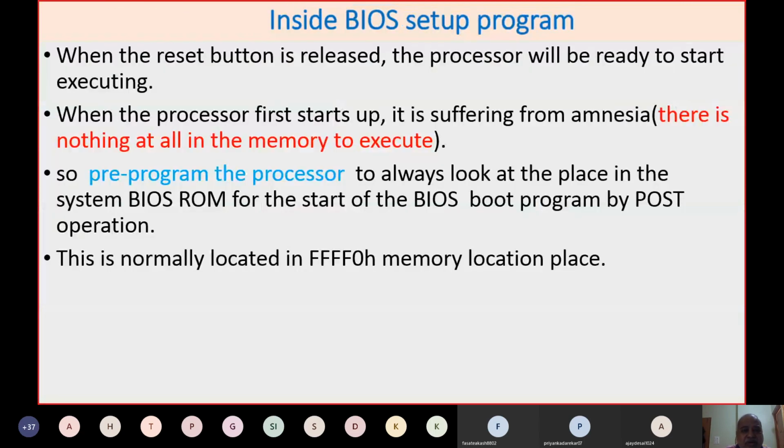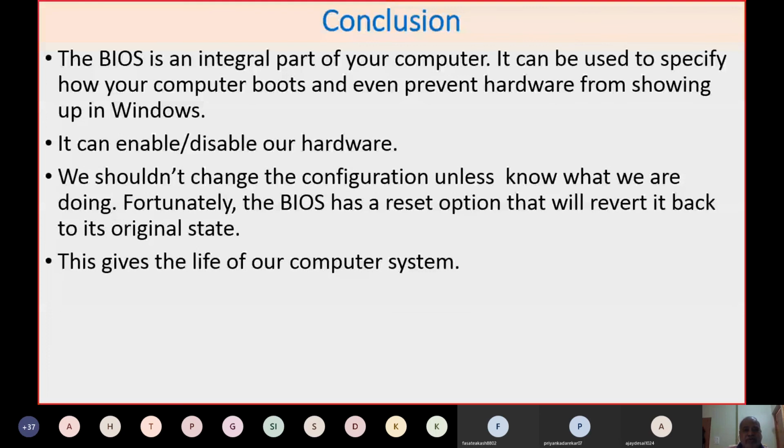So at the end, what you need to conclude today is that BIOS is an integral part of your computer. It can be used to specify how your computer boots, and even prevent hardware from showing up in Windows. It can enable and disable hardware. You should not change the configuration unless you know the BIOS; you should not play with it.